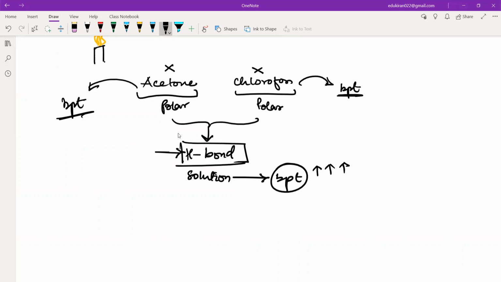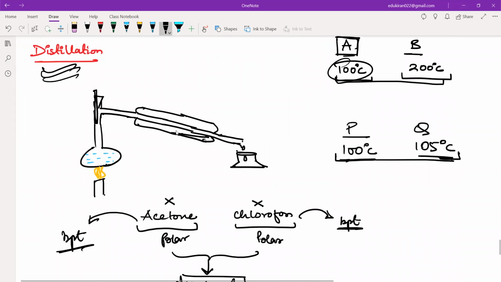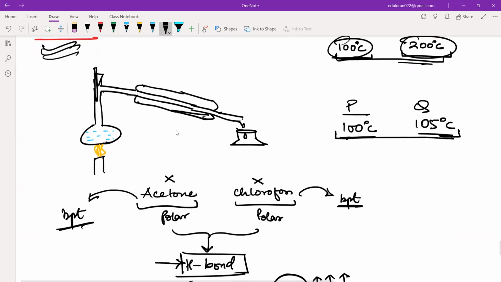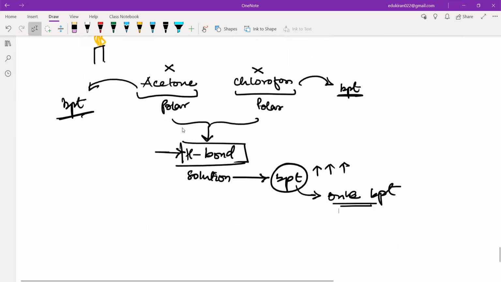That is why the boiling point of this particular solution will increase, and it will have a constant, only one boiling point. If you remember, whenever we want to purify something, there should be two boiling points of a particular solution, right? One of the solvent, the other of the liquid. But here we have only one boiling point, right? And that is why these types of solutions are known as azeotropes, which boil at